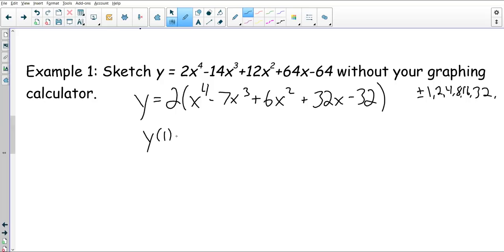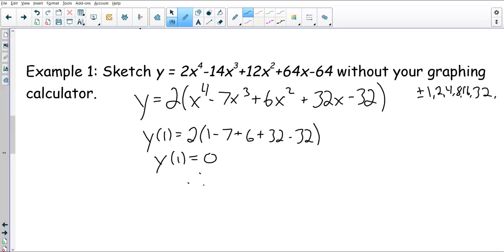So I'm going to get 2 times, so 1 to the 4th is 1, minus 7 plus 6. The nice thing about this is it's just all the coefficients, right? That's why we like ones. And I can see, so my 32s cancel, and then I get 1 plus 6 is 7, minus 7 gives me 0. So that tells me that x minus 1